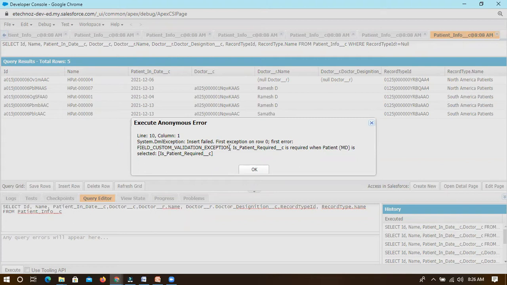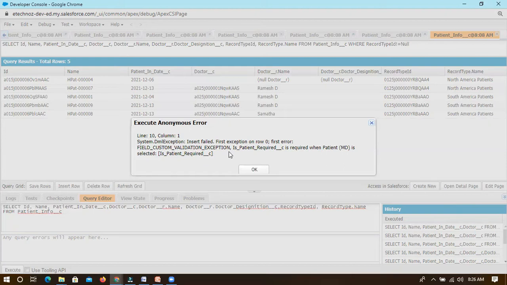So when you are creating data from anywhere, whether you are creating it manually, or from third-party systems like a data loader, we will be using dataloader.io now. It is a third-party tool which was created by MuleSoft and which is also acquired by Salesforce. Now it is a Salesforce product only, but anyway.